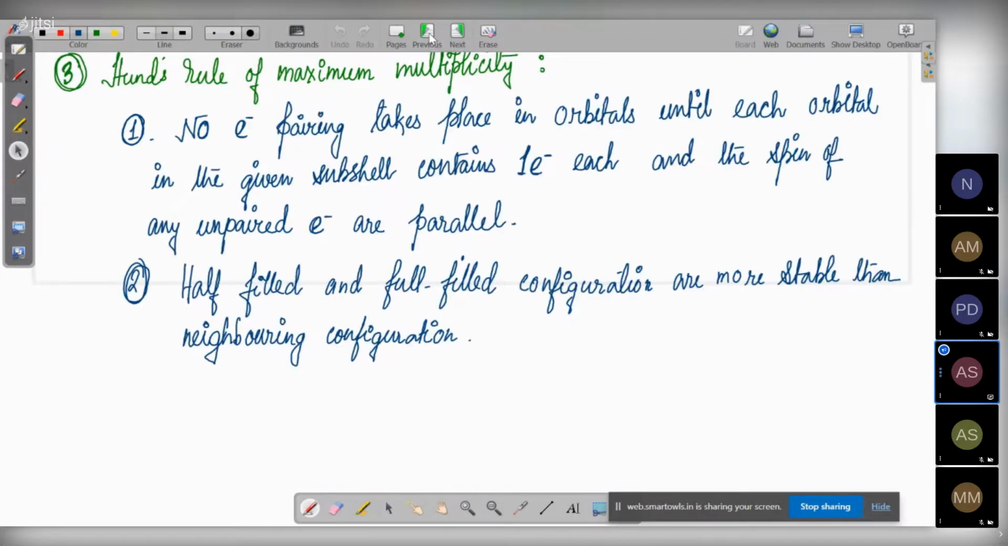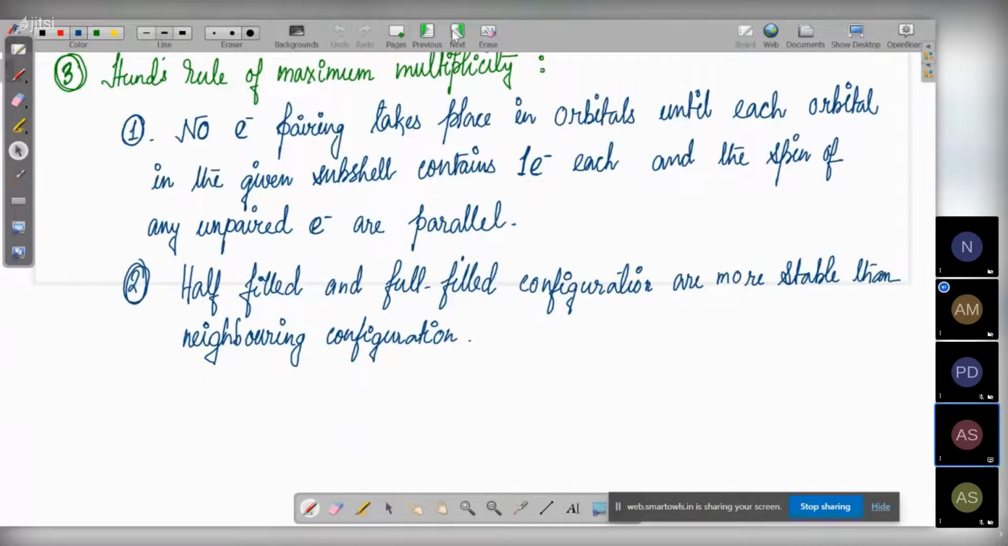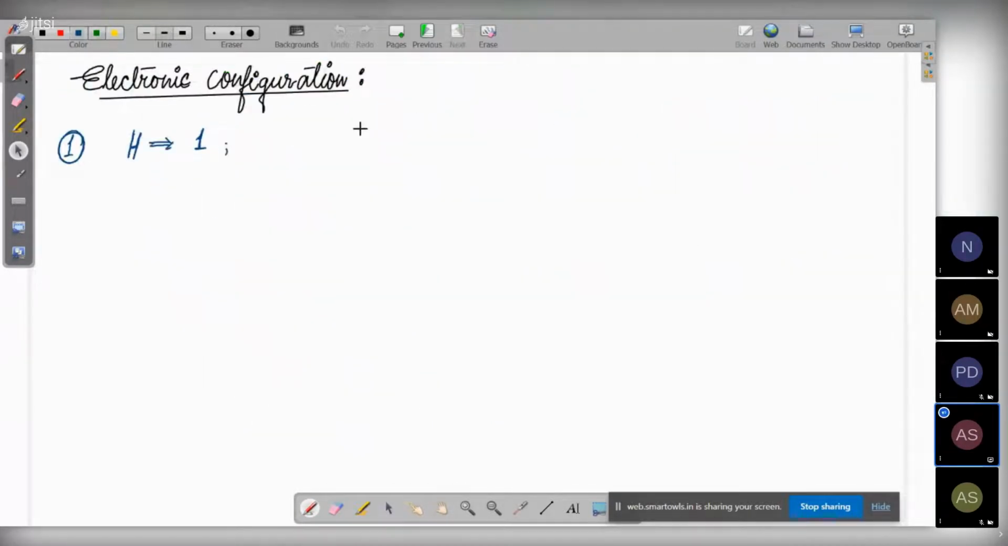Now, once you know the Aufbau principle, where will the first electron come? The first electron will be coming in the first row, occupying the 1s orbital. So it will be written as 1s. This is how you write the configuration of hydrogen, that is 1s1. Now, if you want to make a box diagram,